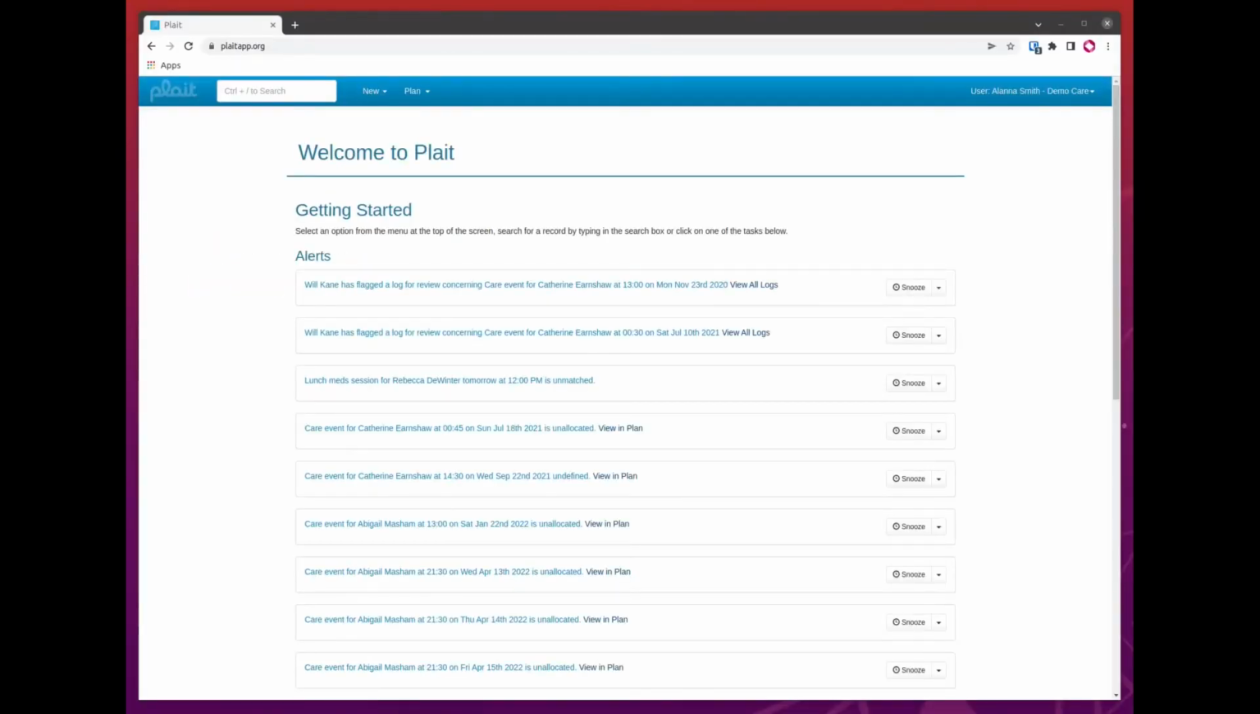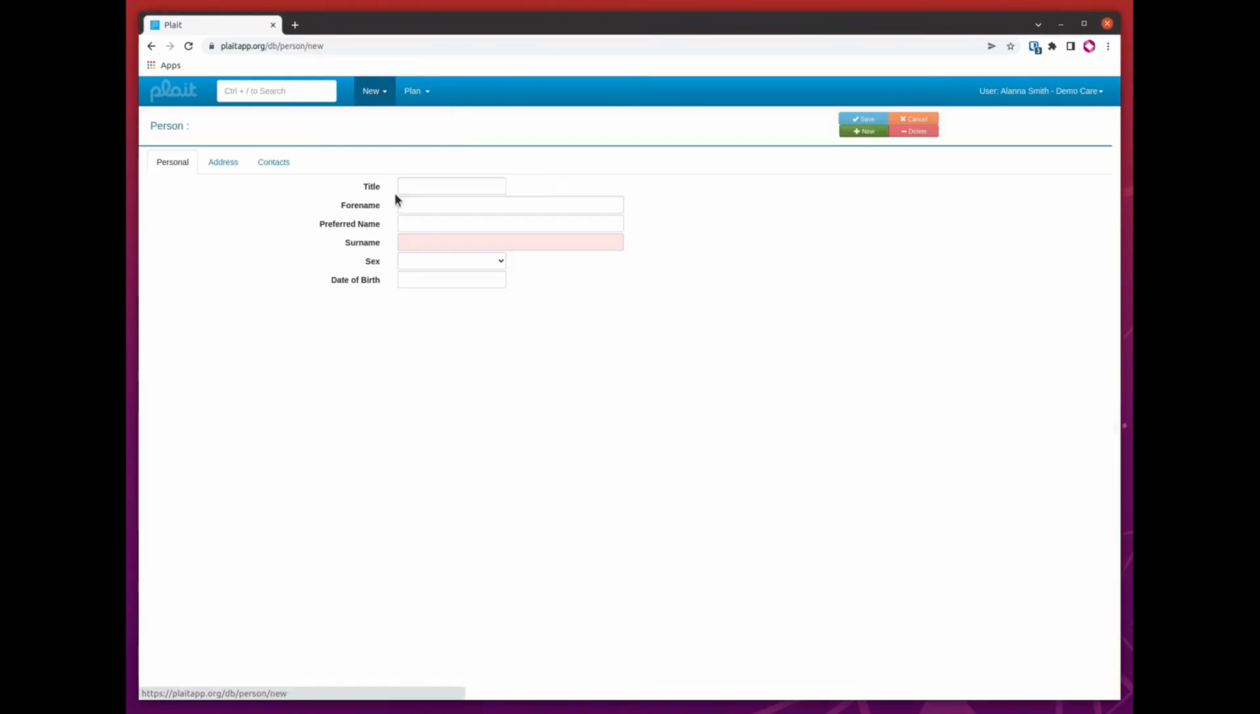The two most important types of components for entering and manipulating data in Plait are the form and the calendar. We'll come to the calendar in a moment, but let's have a look at forms first of all. So we can get a form up by creating a new record. So we'll create a new contact record, and we'll see that